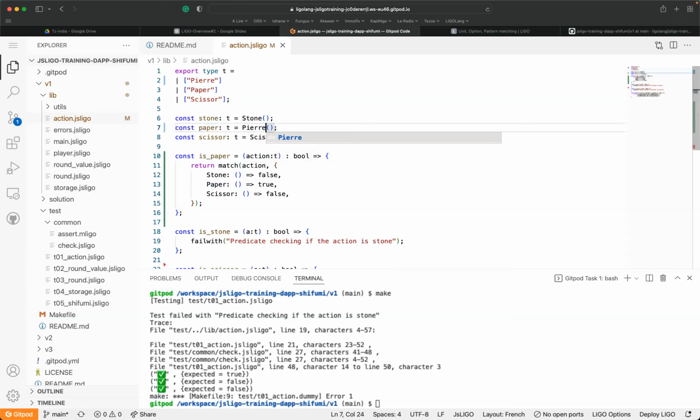You're just in the outside layer, you're using Pierre, paper, and inside the constructor is Pierre. So you protect your code, and if you want to modify it, you don't have to do deep refactoring and so on. This is one approach. You can agree or not with this, but this is the approach I mainly use when I design the code.